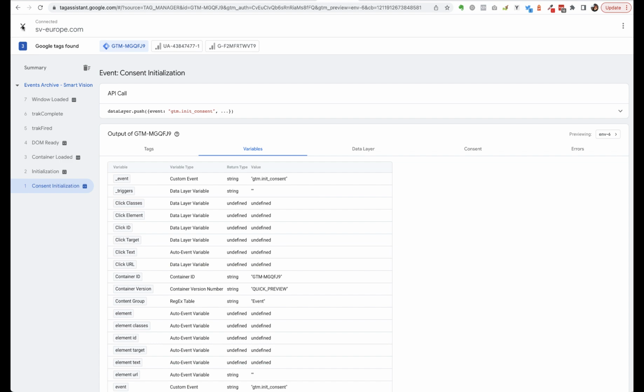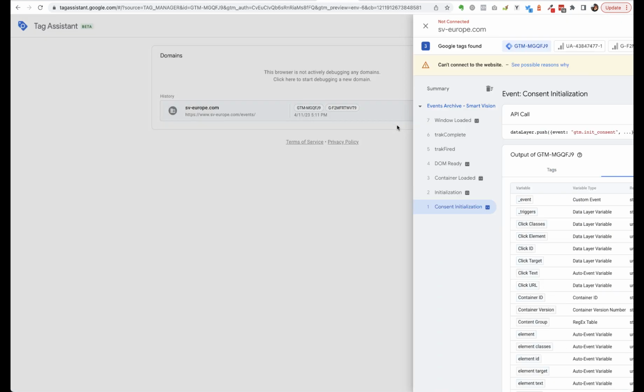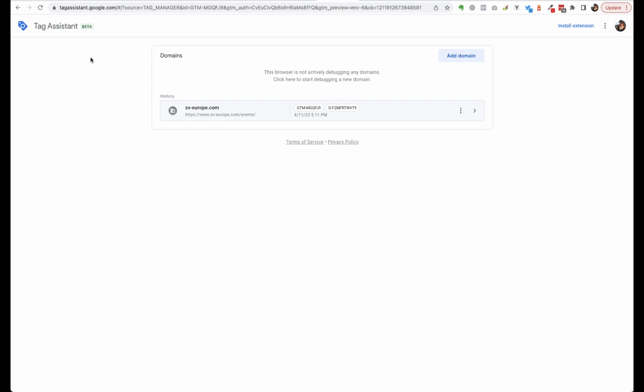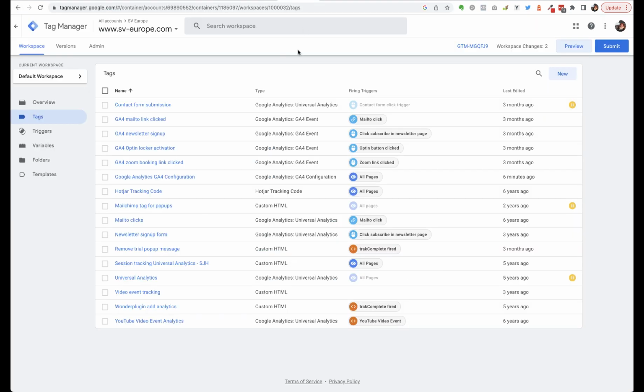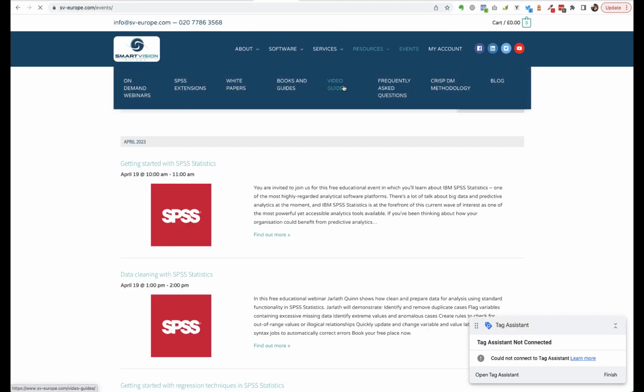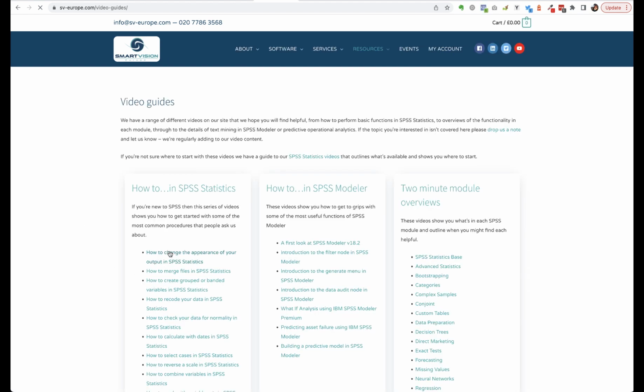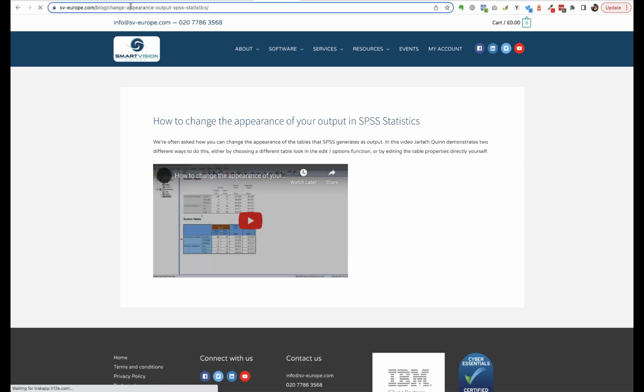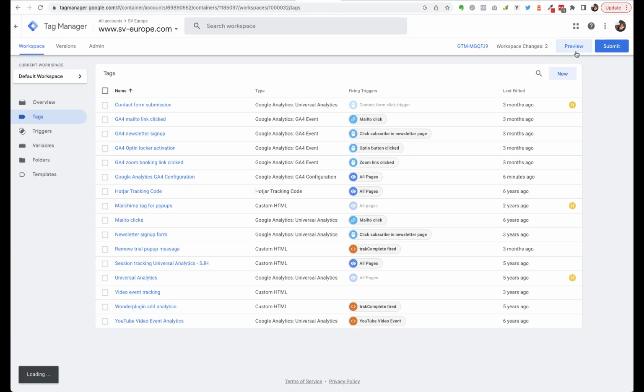So I'm going to close that, stop debugging, and close the tag assistant and go back to the tag manager. We could also check another one if we wanted to be sure. So if I go back to my website and pick up one of my video guide URLs, this one for example, which has the word blog in it, go back to tag manager, I click on preview,